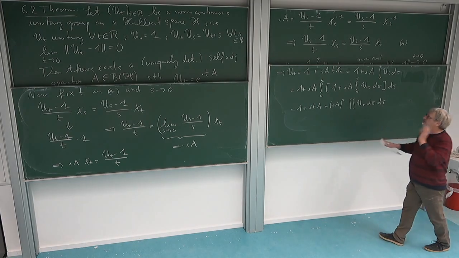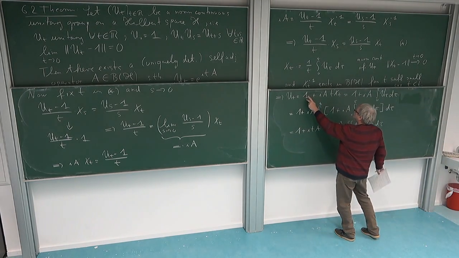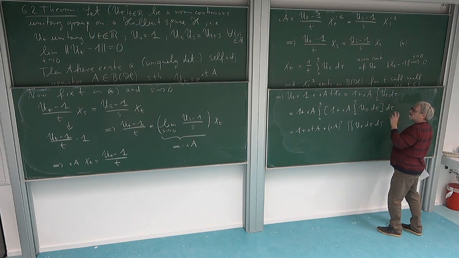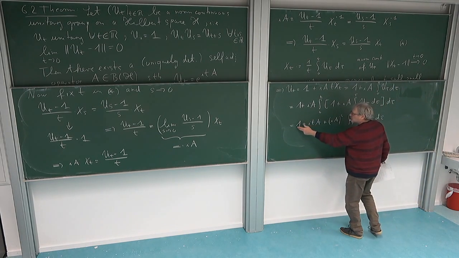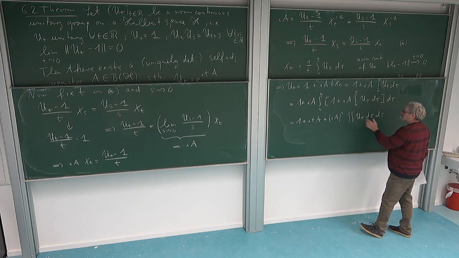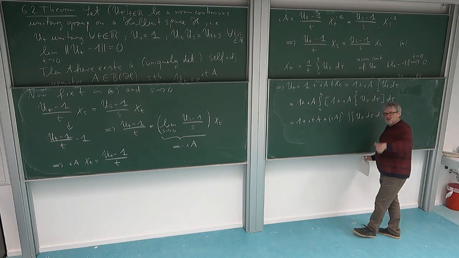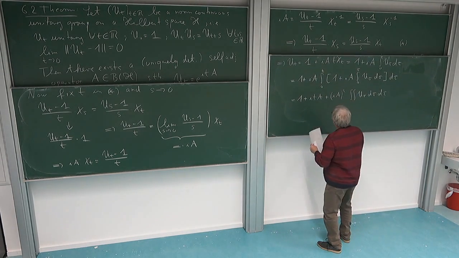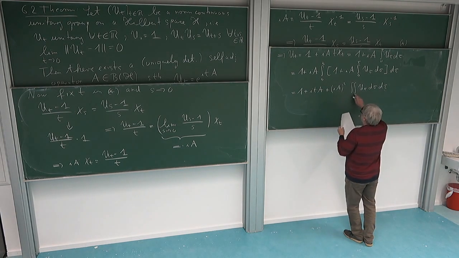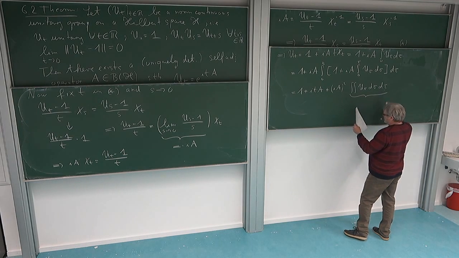So you see I had the 1, and the rest which involves u(tau). If I iterate this once, I get the 1 plus itA, and then I get a rest which involves tau, but again, which involves the u's. But again, I can plug in this equation here, and then I get a next step in the exponential function. So namely then, maybe I'm doing it here. So what is this now? If I'm plugging in here,